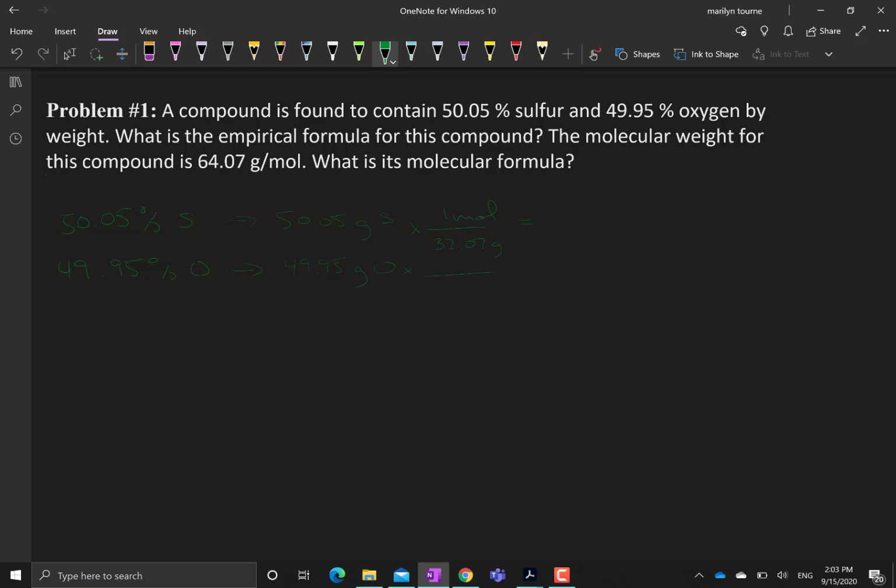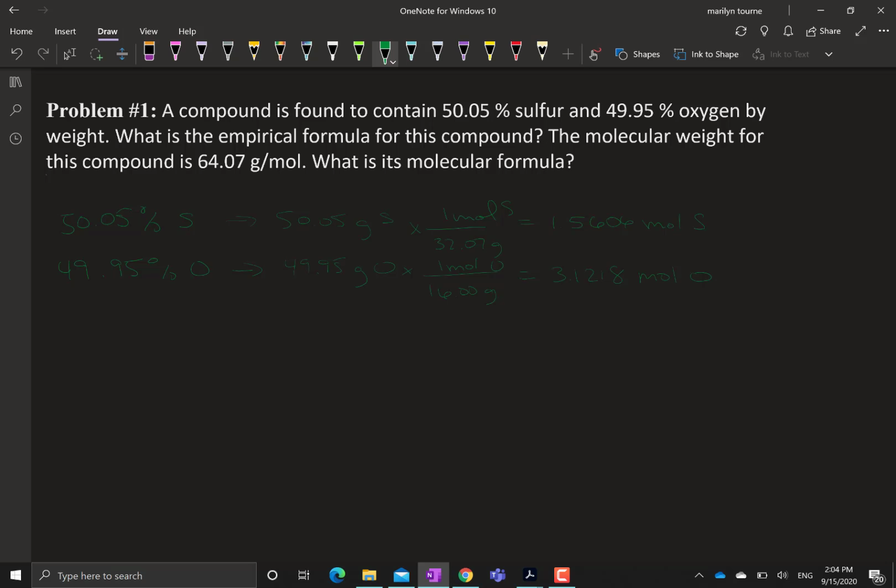And if you look at the periodic table for oxygen, it weighs 16 grams in 1 mole of oxygen and 1 mole of sulfur. If I do this calculation, you'll see that you get 1.5606 moles of sulfur. And if you do the calculation for oxygen, you should get 3.1218 moles of oxygen. I want to stop here 1 second to point out that you should not be cutting